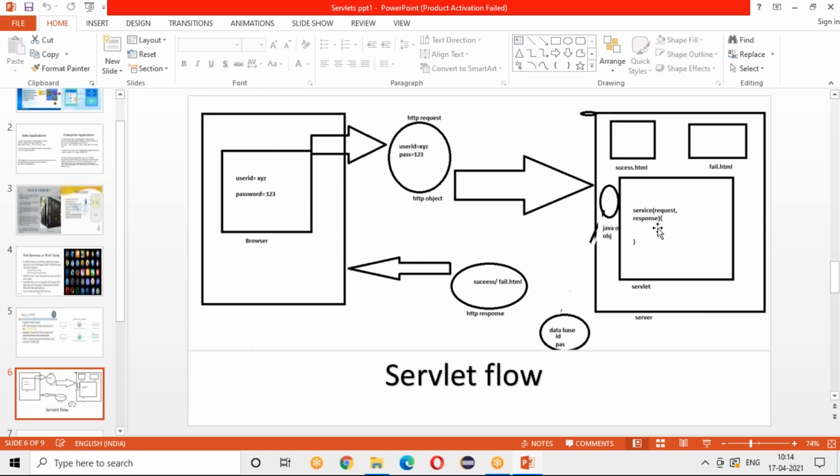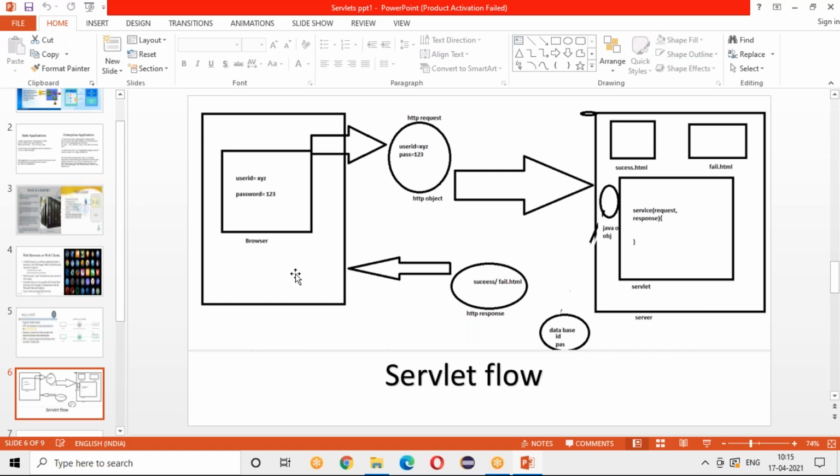Generally, you will make a servlet class, and we'll see what the ways are that you will make a servlet class, and we'll write Java code. In that Java code, there are two parameters. You will have a service method, and it has two parameters. One is your request, and one more is your response. The request is whatever you are sending, which it will take and read, and the response is based on your request, it will process the response, and again that will be shown to the browser.